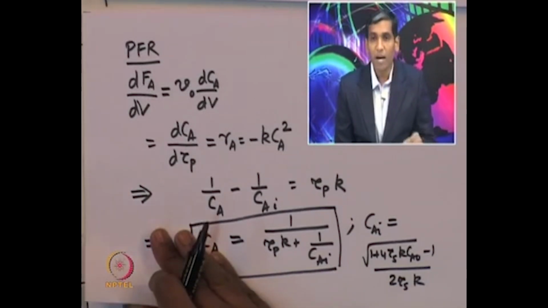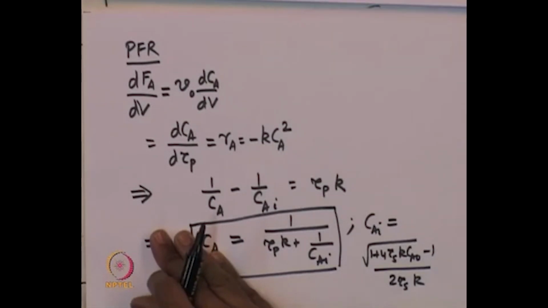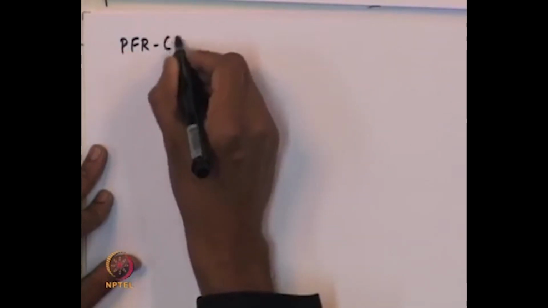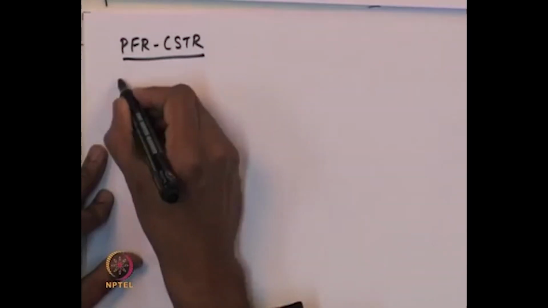Now, we want to compare the performance of the combination of CSTR and plug flow reactor, where the plug flow reactor follows the CSTR, and the other combination where the CSTR actually follows the plug flow reactor. Now, we found that the residence time for these two are same, and we are attempting to find what is the conversion of the species for a second order reaction for both these combinations. So, let us now take the second combination, where the CSTR follows the plug flow reactor, and the depiction is